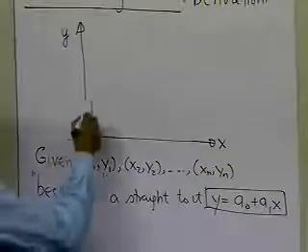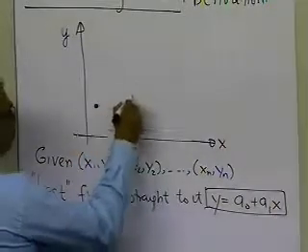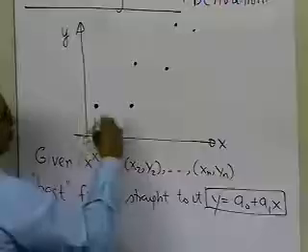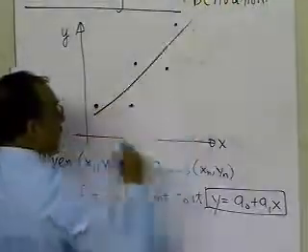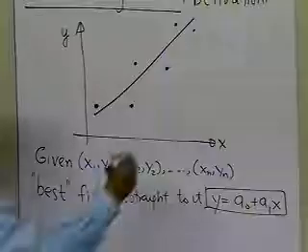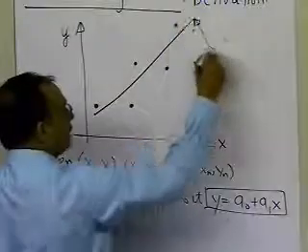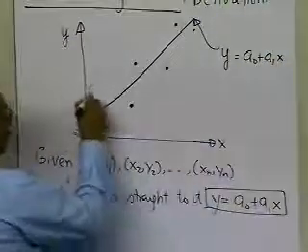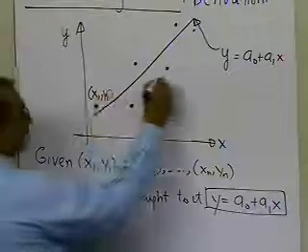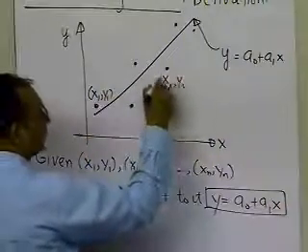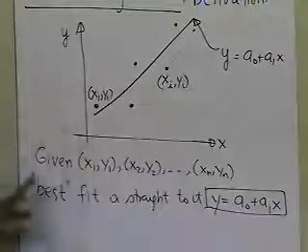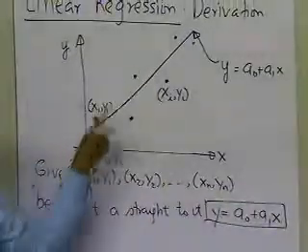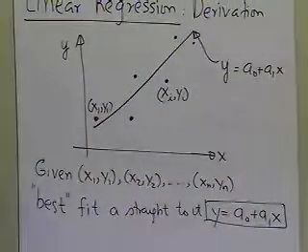So what we're trying to do is that somebody is giving us these data points, and they want us to best fit a straight line to these data points. So let's suppose somebody says, hey, this is the straight line which you are drawing. The equation of this straight line is y is equal to a0 plus a1x. And this is, let's suppose, x1 comma y1. And this is some x sub i comma y sub i, some ith data point. Basically you're showing all those n data points on this graph, and then you are trying to draw a straight line to best fit those data points.